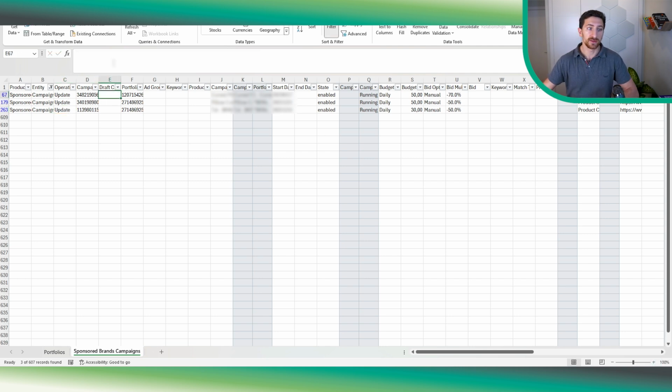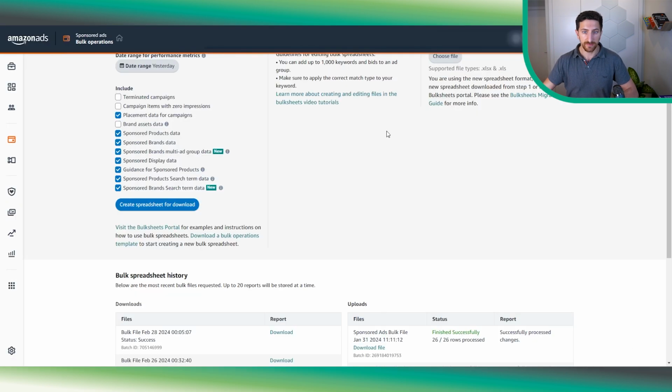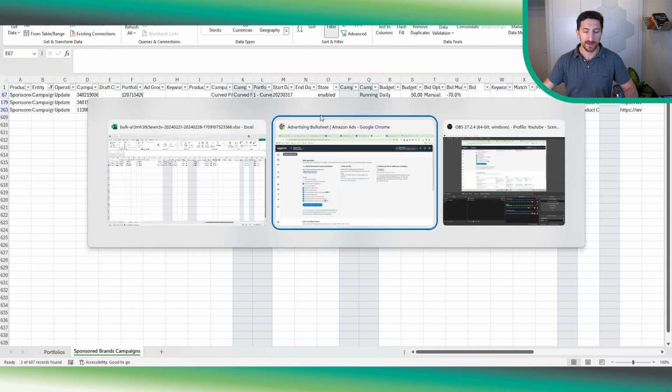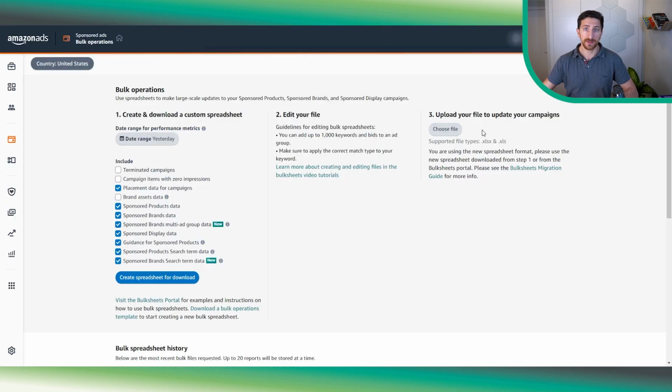And then you can take these 4 rows and update these. You can come back here, save this file, update this file here, and that will help you to add in bulk lots of the same custom images or different custom images for all your sponsored brand campaigns. And also it helps you to find if you have some product collection sponsored brand with no custom images,